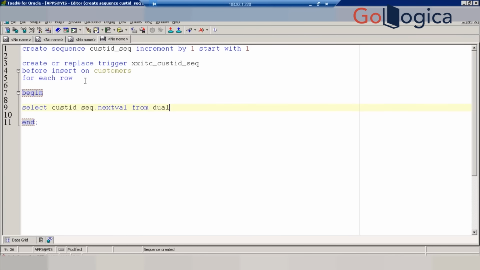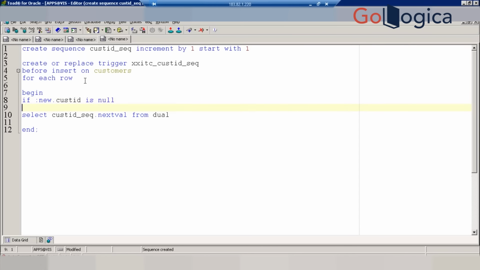Correct or wrong? Where did you keep it, in the clause? If, what do you need to do? IF :NEW.id IS NULL, then this sequence is going to execute. And if